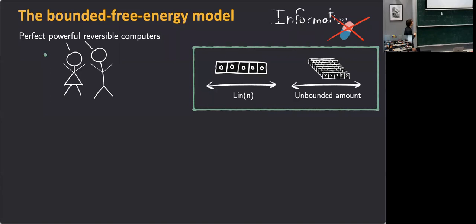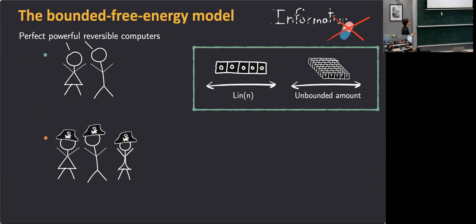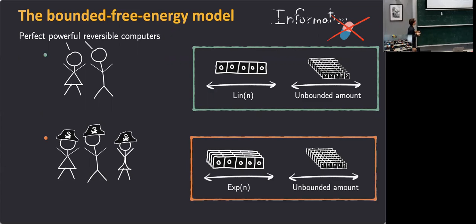And these are the honest players. For the malicious players, Alice, Bob, or Eve, when they're malicious, we will consider that they have an exponential quantity of zeros and also an unbounded amount of randomness. And then in this model, what we will show is that there's information theoretic security against these kinds of opponents with these honest players. So there is an exponential gap in free energy consumption, in the usage of zeros, to implement or break.